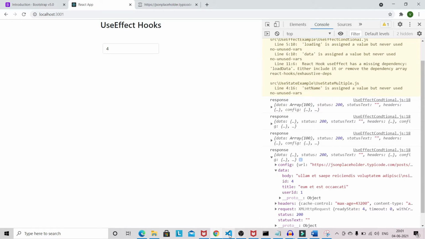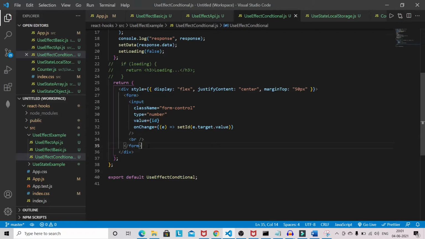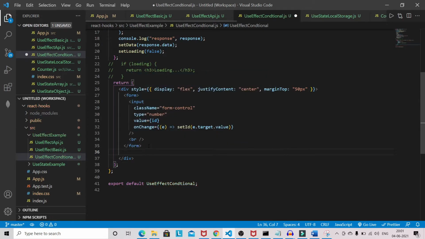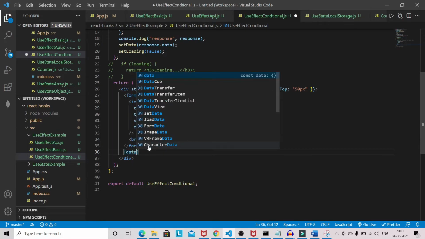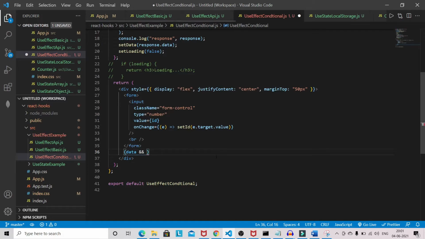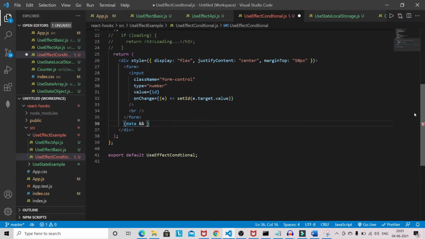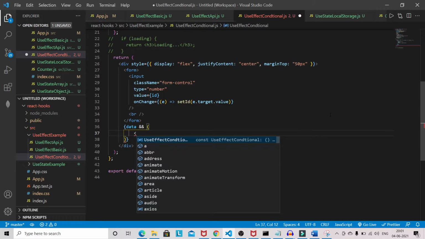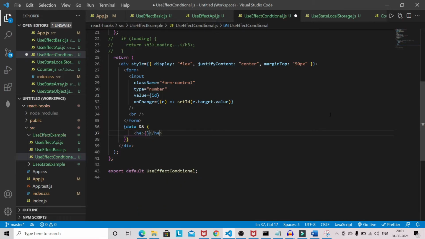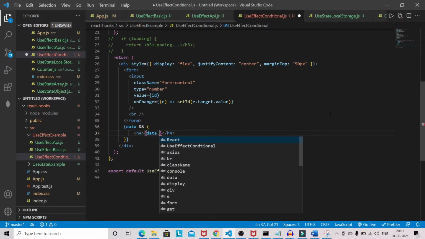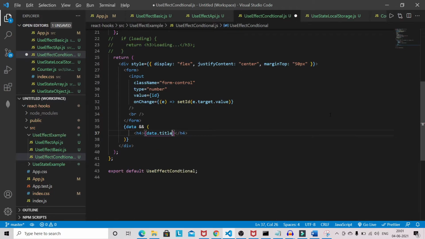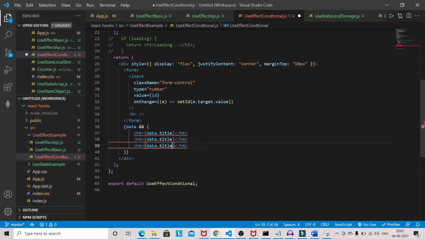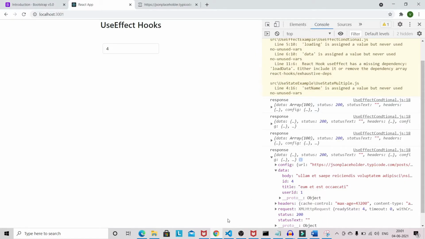After the div we can show the data like this way: if we have the data, then we are going to show the data.title. A couple of times I'm copying, so we need to show the title, body and user ID.